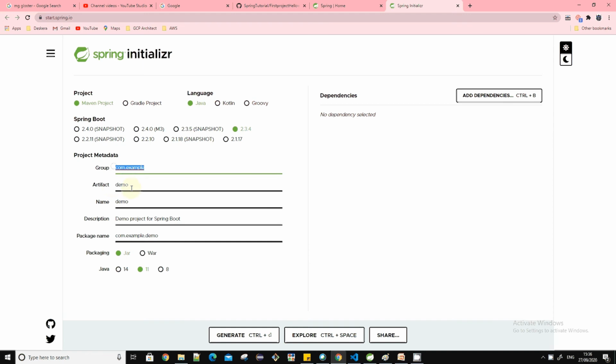Give your group name, artifact ID, name, and description of your project. If you want a different package name, you can give it here. Then if you want the jar or war packaging, you can give it here. And the Java version, I'm using 8, so I have given the 8. And you can also choose the Spring Boot version or the project type if it is Maven or any